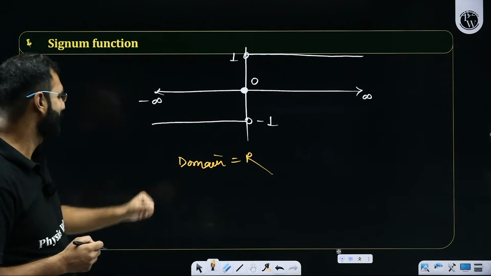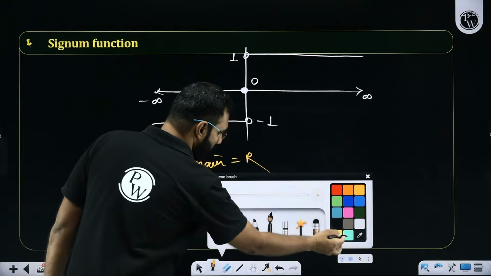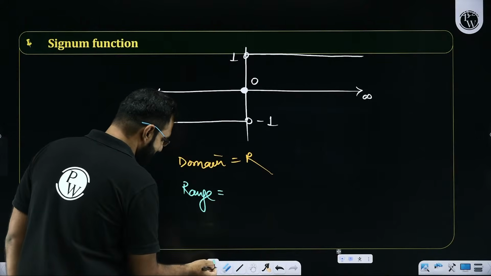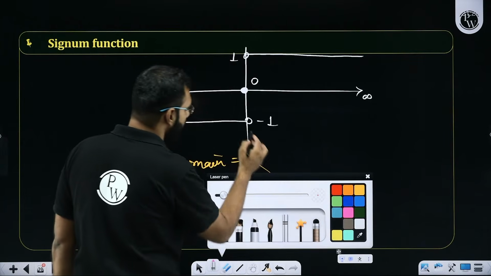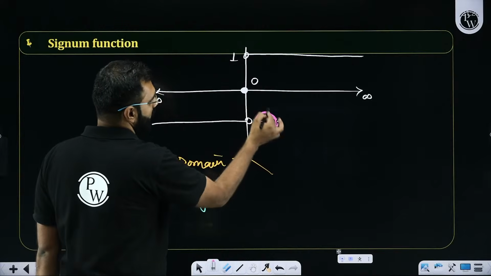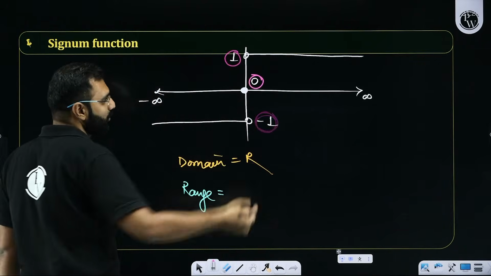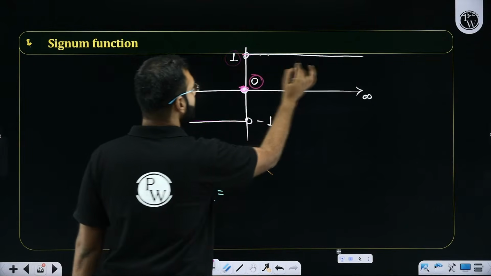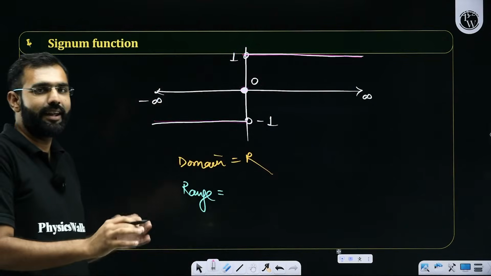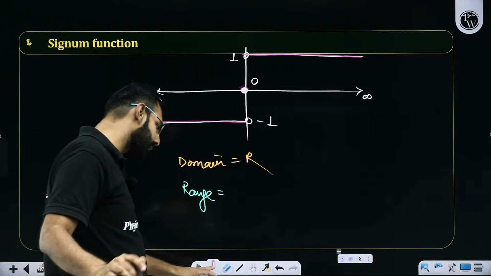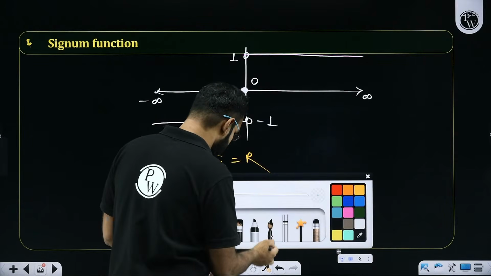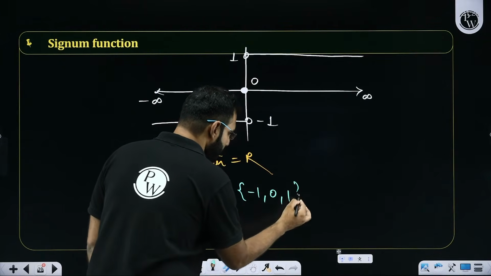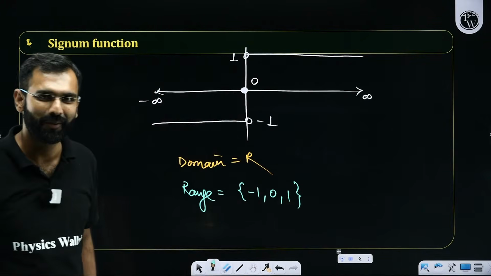What do you think could be the range here? Can somebody help me with the range? Anyone? Be quick. I hope some of you have already noticed that it is very evident that the range is either minus 1, 0 or 1. These three values are there. It's a constant function: minus 1 for negative values, 0 for 0, and 1 for positive values. So there are exactly and only 3 terms in its range. Absolutely, you are all right. Perfect, brilliant. So I'll define the range as only 3 terms, minus 1, 0 and 1. Set theory, curly brackets, yes or no?